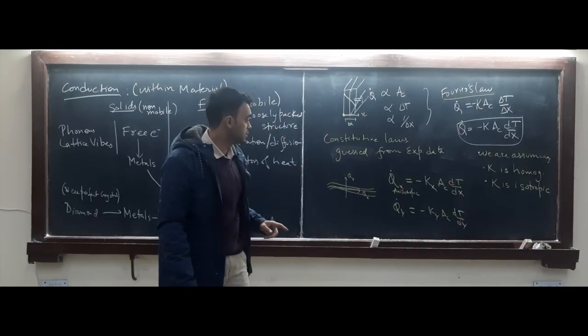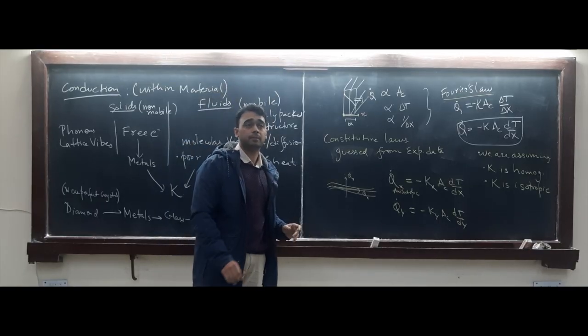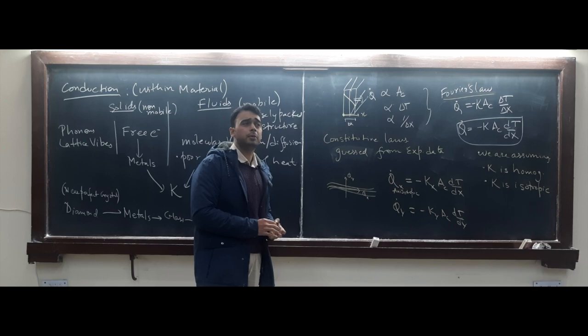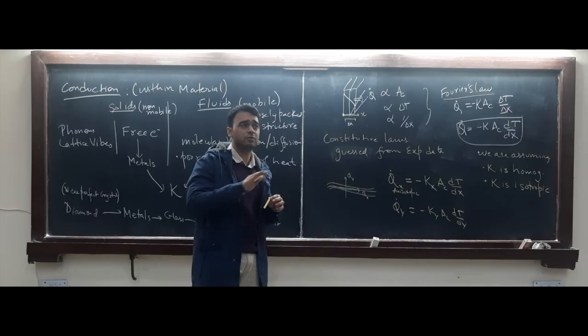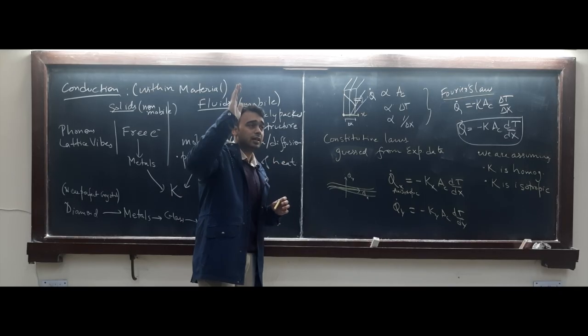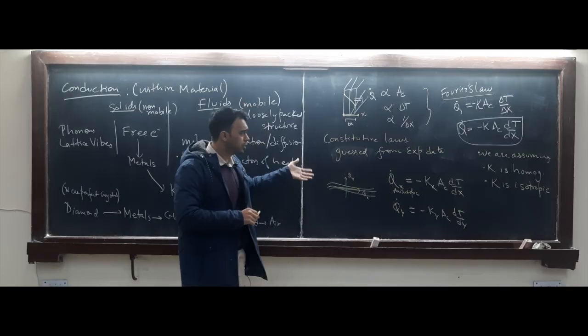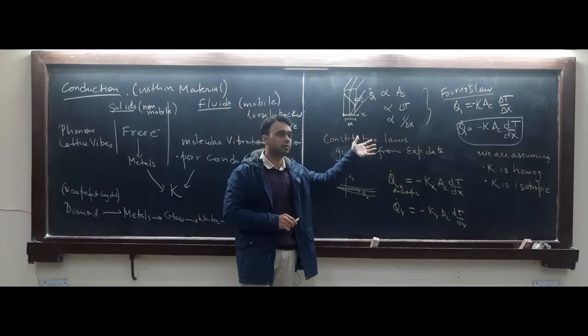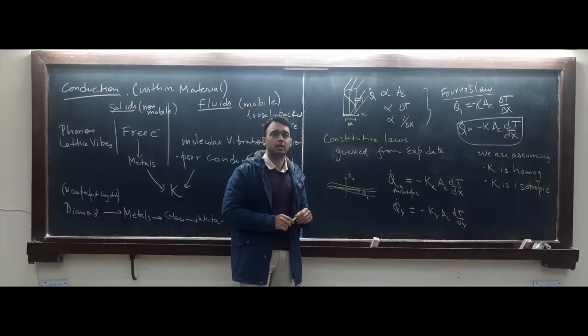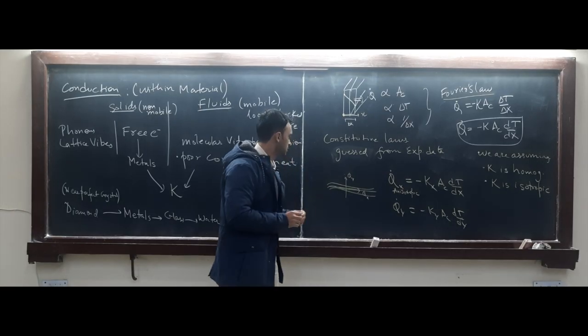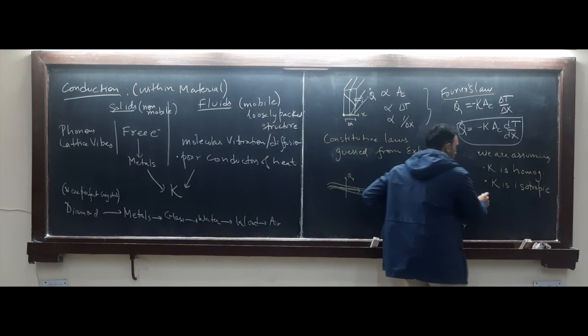Another example for this is graphite. You might remember the structure of graphite, right? It has this layered structure. It is well known that graphite in one direction is very highly electrically conductive, and in the other direction it suffers by an order of magnitude in electrical conductivity. So whatever you're learning here in the context of thermal conductivity also applies to electrostatics or electrodynamics. So another example would be graphite.